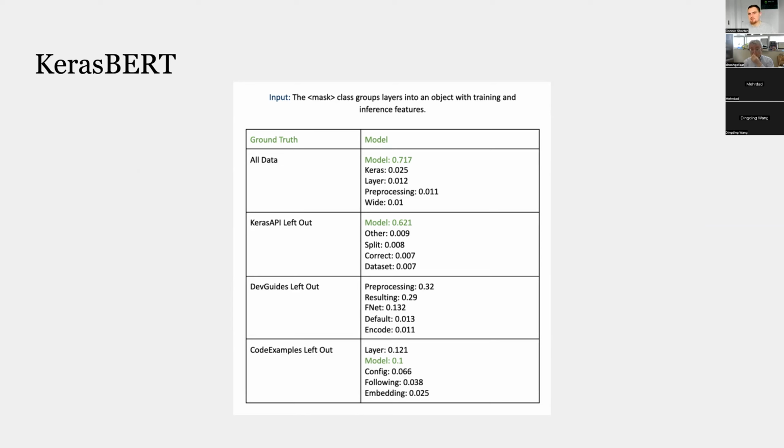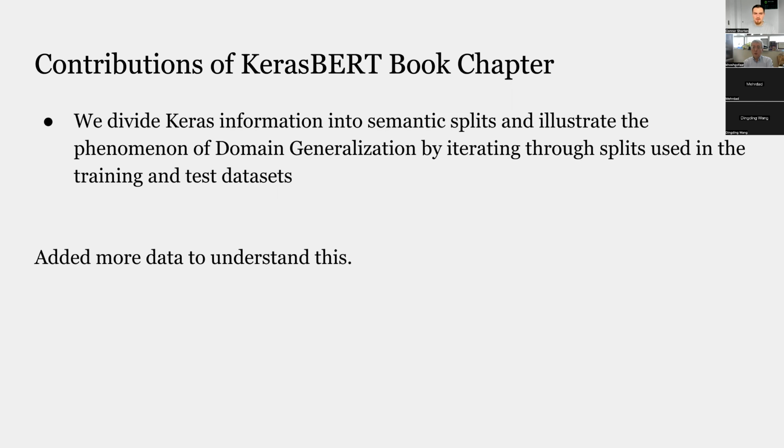And this is really interesting because you think about where you're getting your data from. As your data evolves, you have these different high-level sources of data, and seeing how it generalizes to other sources of data I thought was really interesting. So in the book chapter, we added more data from more sources. So we added Kaggle notebooks that use Keras, Medium articles that reference Keras, and GitHub repositories that use Keras.